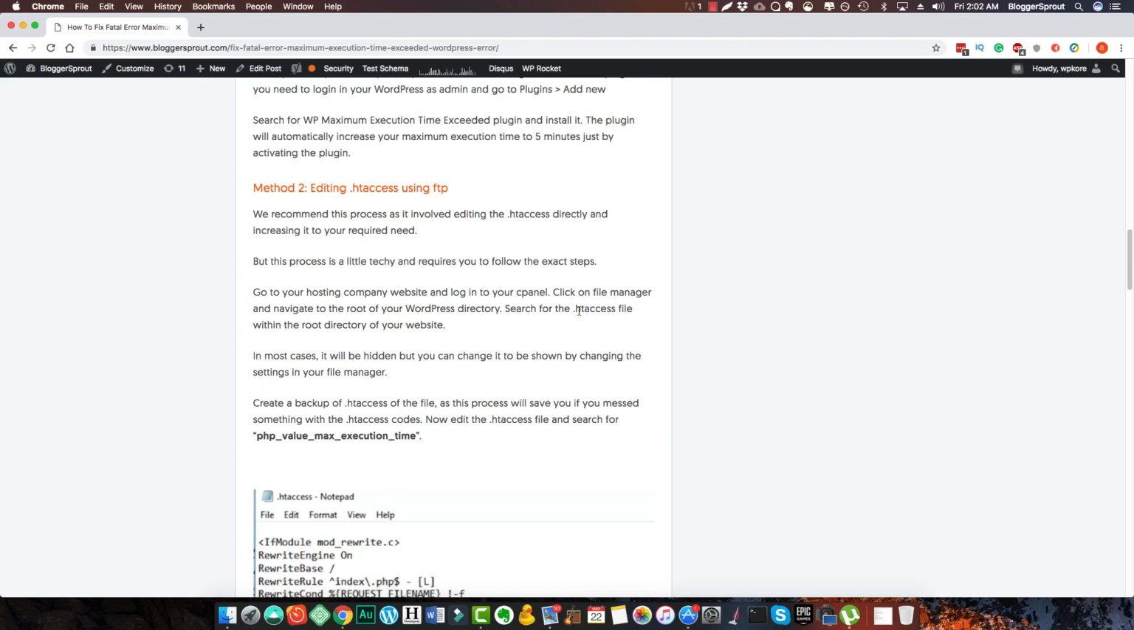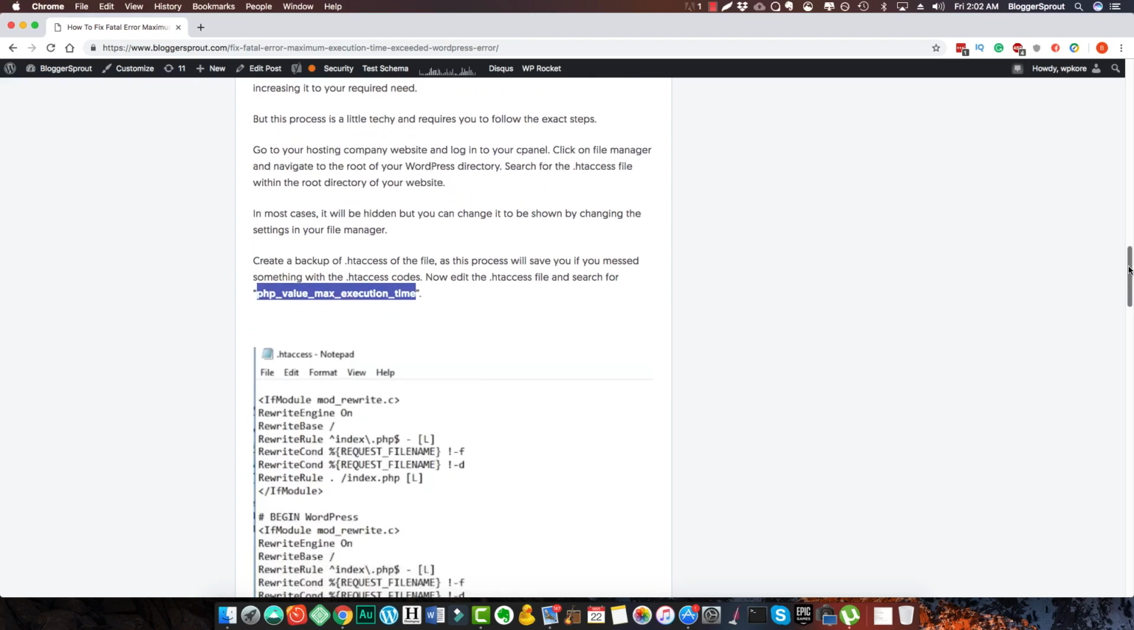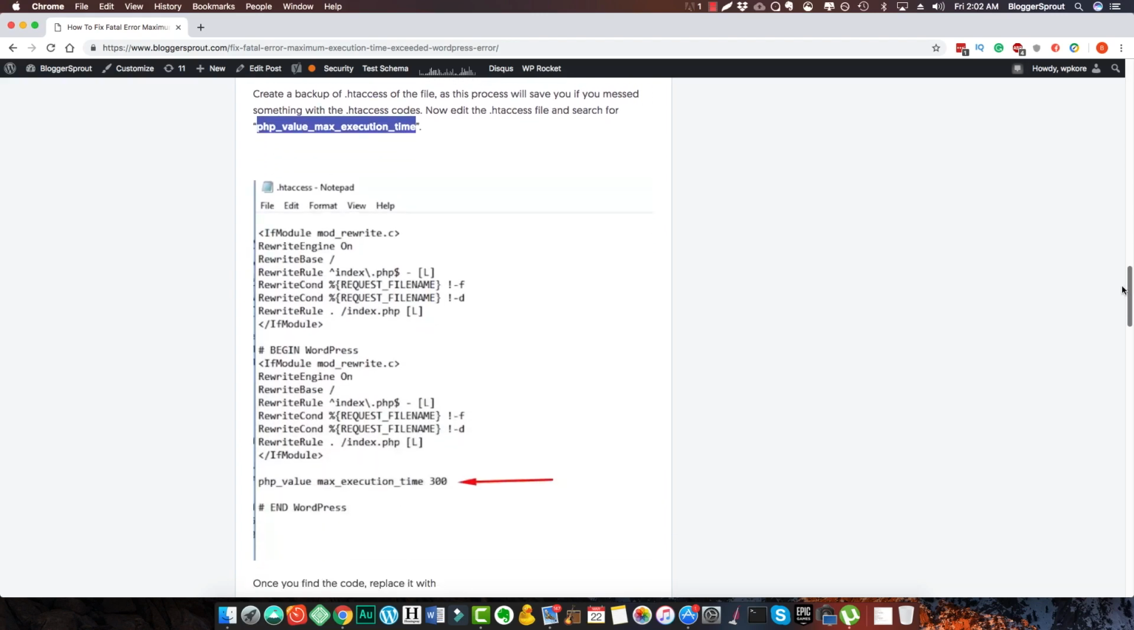And so once you get this .htaccess file, you just need to search for PHP value maximum execution time, and I hope your .htaccess file will have that. If you don't have it, as you can see in this picture, you need to add php value maximum execution time 300. You need to write it exactly the same as shown in the image, before the